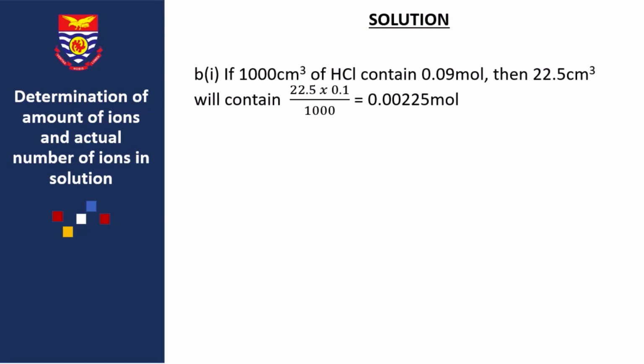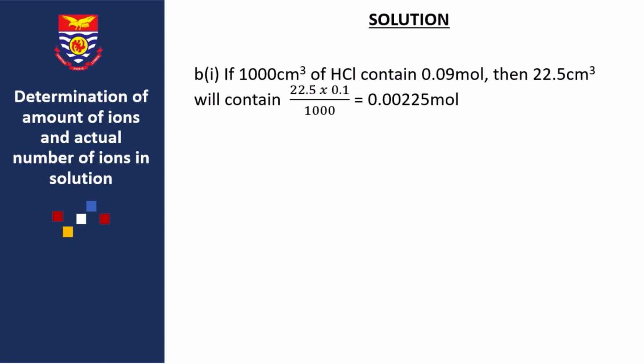We need to interpret that, and that means 1000 cubic centimeters of HCl contains 0.09 moles. If that is the case, then that small portion, that average titer, the small portion of the volume that we used, will contain how many moles? And with that, we are going to get